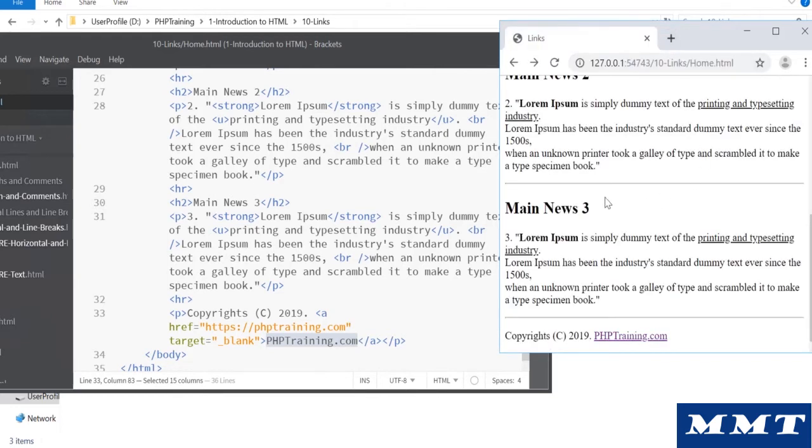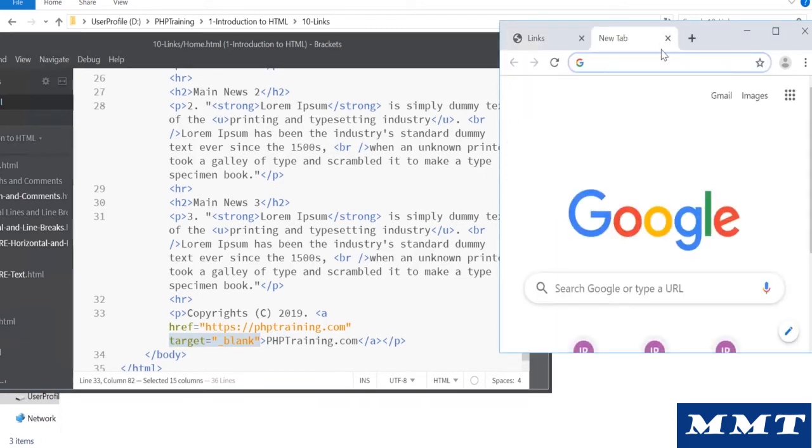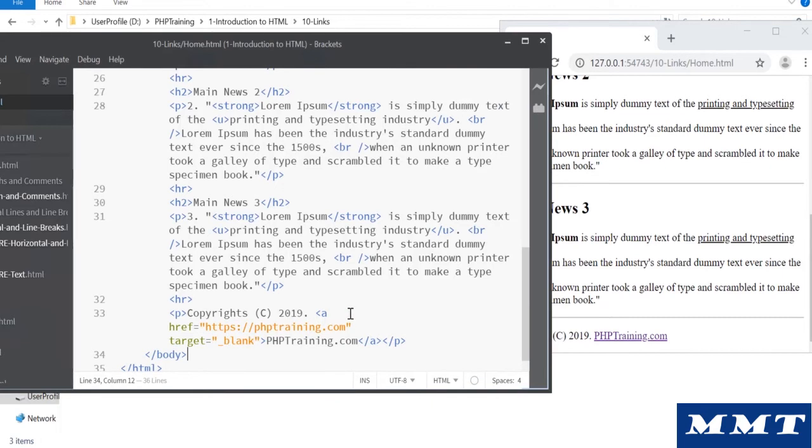Alright, so this is how you can add a link to your page, and then when someone clicks it, you say underscore blank, so that the target is not this page, the target is a new blank page. That's what you're trying to tell via the anchor tag. Open up a new page and open this link in that new page. That's what the target underscore blank means.